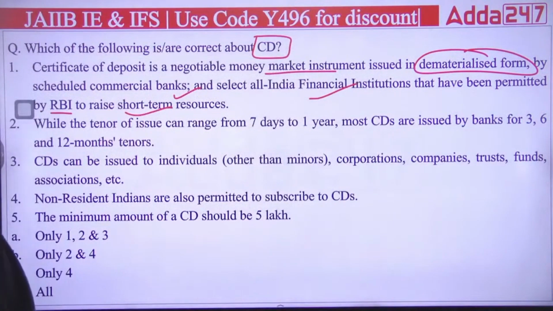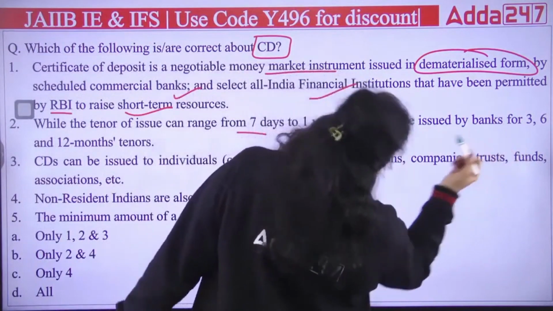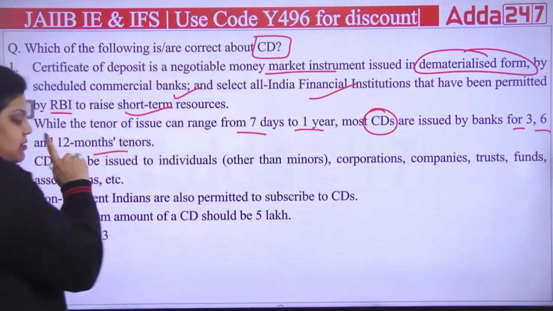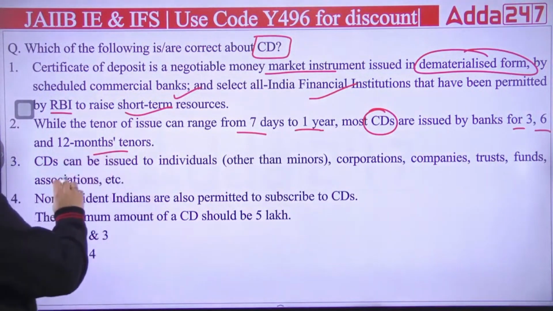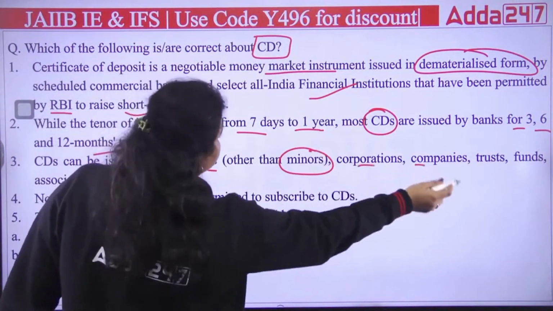Second is saying while their tenure of issue can range from 7 days to 1 year, most certificates of deposit are issued by banks for 3 months, 6 months and 12 months tenure. This is the most used, or most issued, but the duration minimum will be 7 days, maximum 1 year. Next we have, certificate of deposit can be issued to individuals other than the minor, corporations,